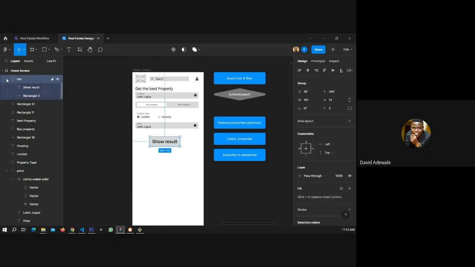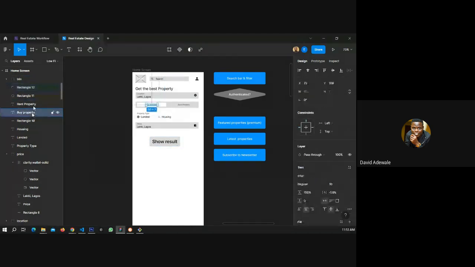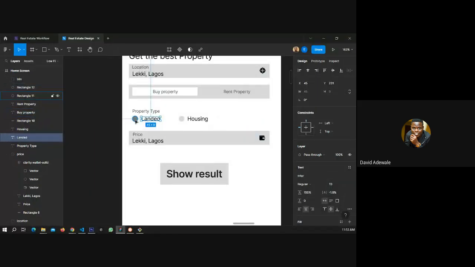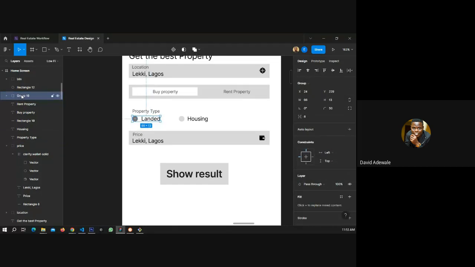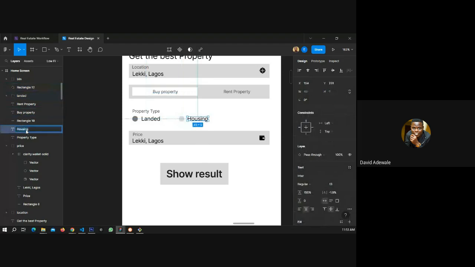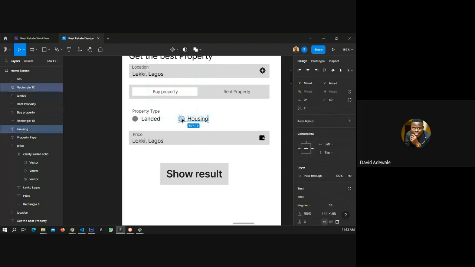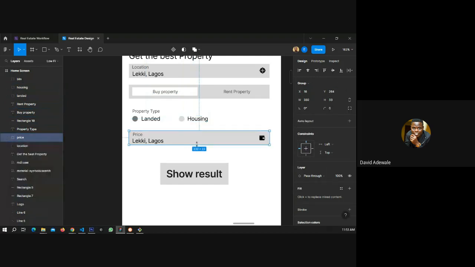Let me just quickly arrange these here. I'm going to scatter plenty of things. So this is Control G, and then this is housing. Control G, housing. Okay, this one is still good.